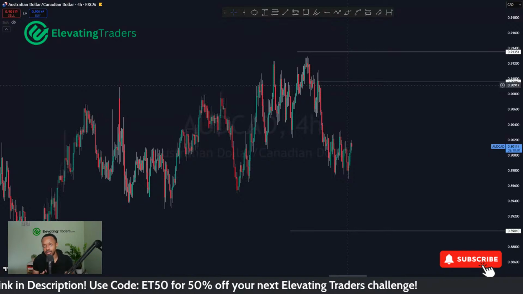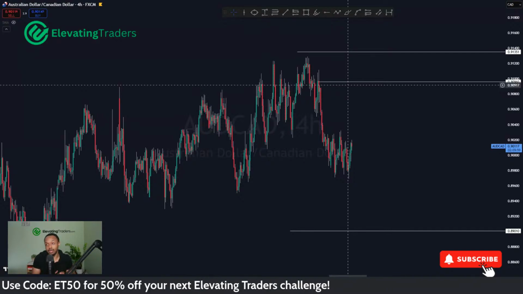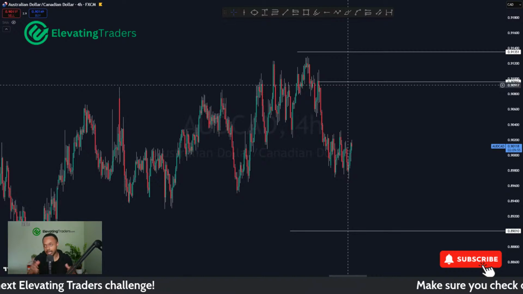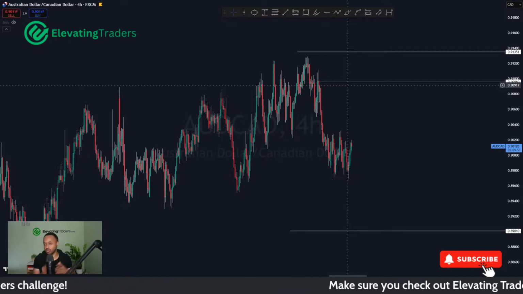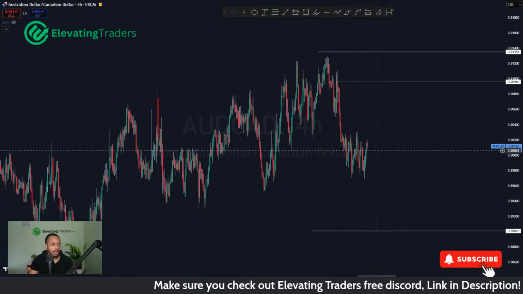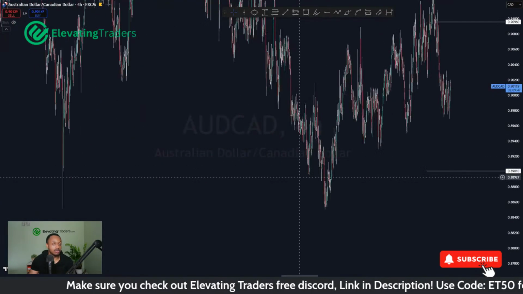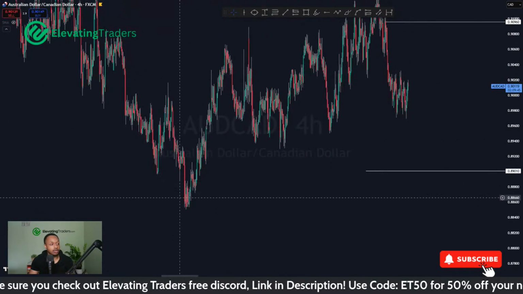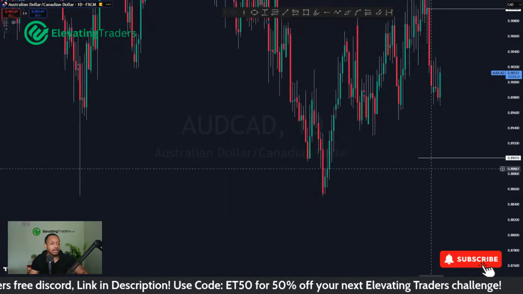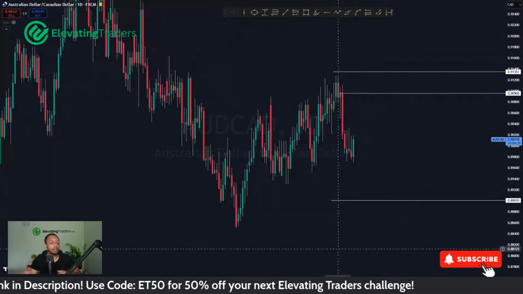And of course, worst case scenario, let's say if it does take you out at break even, you can always look for re-entries. Again, break even is not a magical thing. It just protects that downside, especially when the market's already gone in your favor. In terms of the targets, I think pretty reasonable as well. You're looking for a big swing. You're looking for price to return into support here on the left. So you're looking for a decent swing.